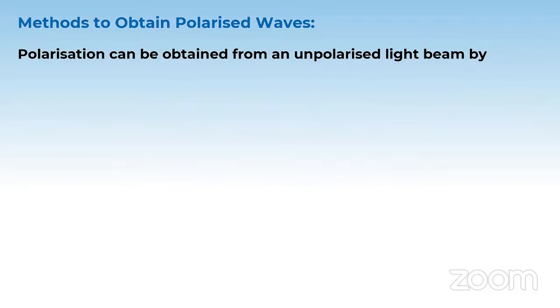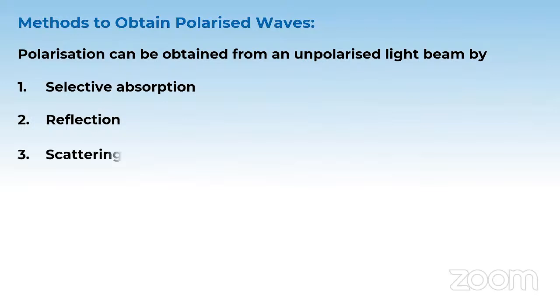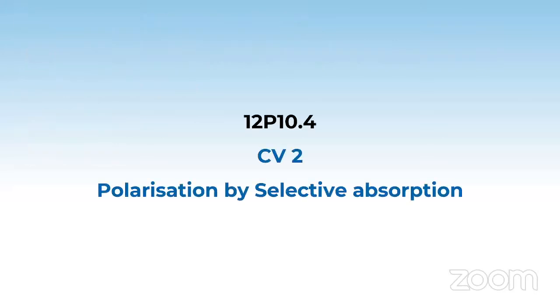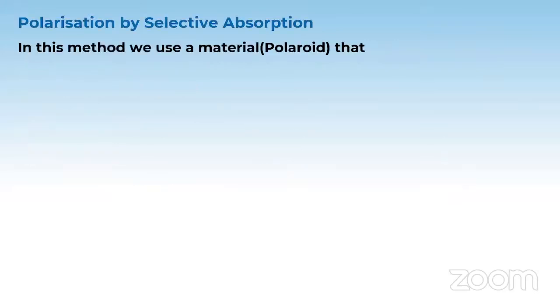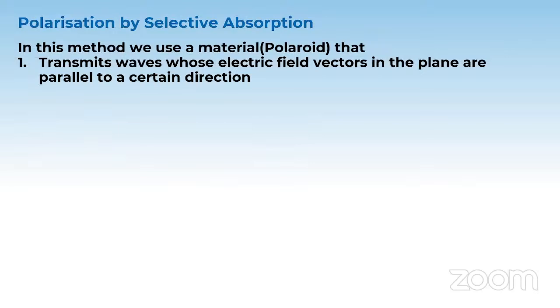तो सेम थिंग we can do with the polarization technique. So polarization can be obtained from an unpolarized beam by selective absorption, and second is reflection. Third part is also there, but it is not important to you. Now selective absorption क्या है? अब selective absorption में we will use a material which is termed as, or a device which is termed as